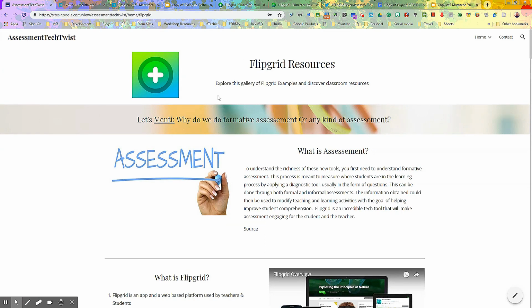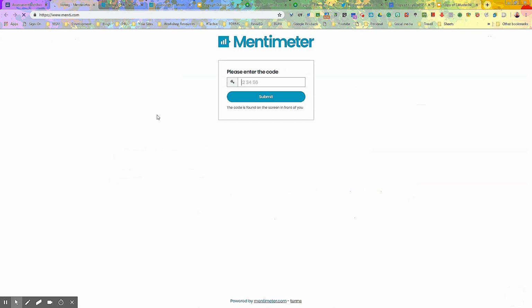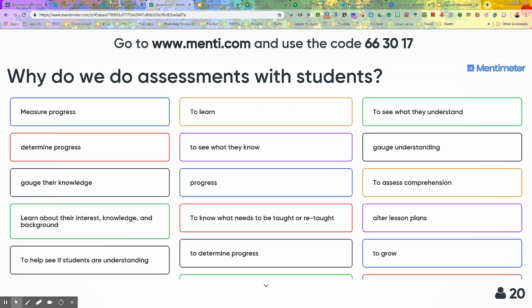Up here at the top, one thing that I like to do is get your feedback as the person that is studying and learning. So right here, if you'll click on Menti, that's going to open up Mentimeter for you. And one thing that we want to look at is this question right here: why do we do assessments for students? So if you'll go in